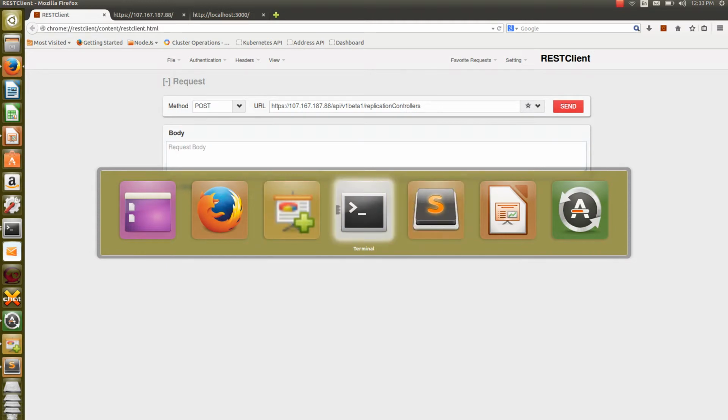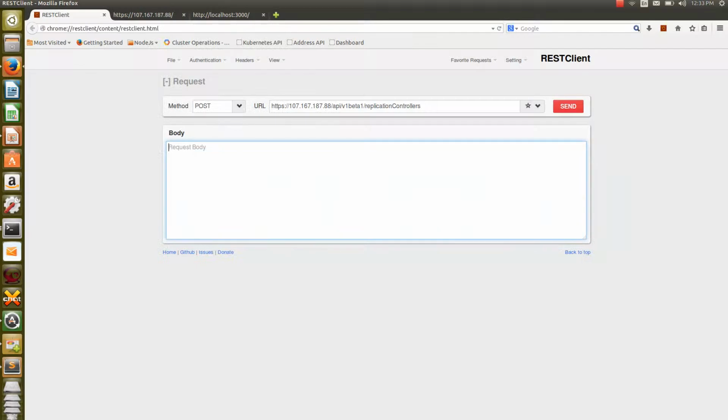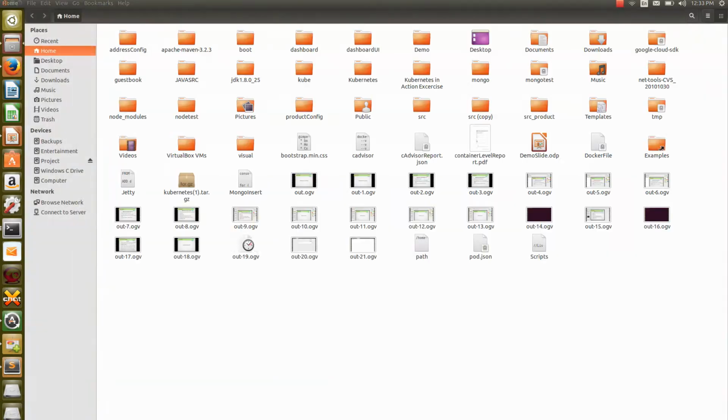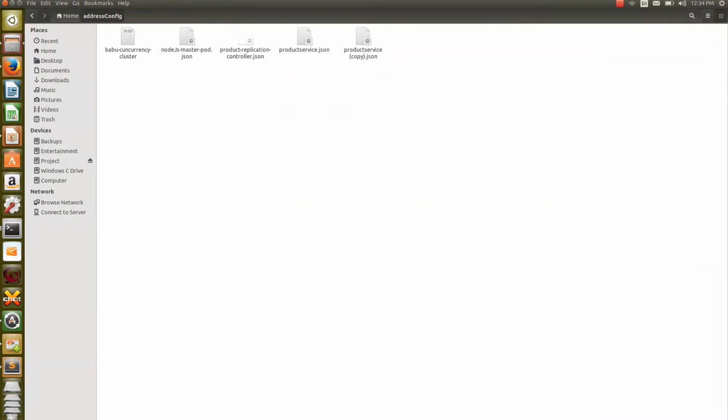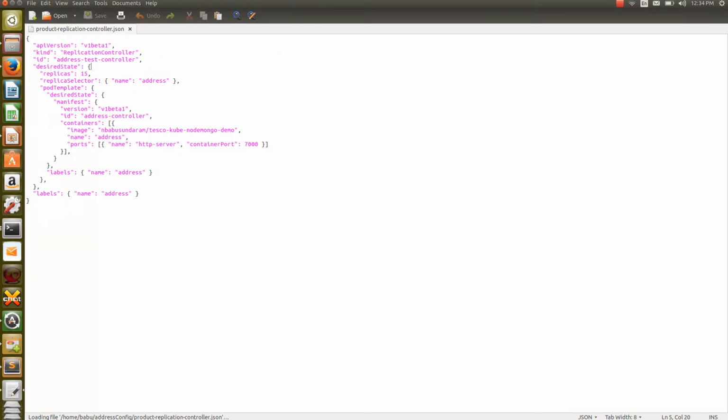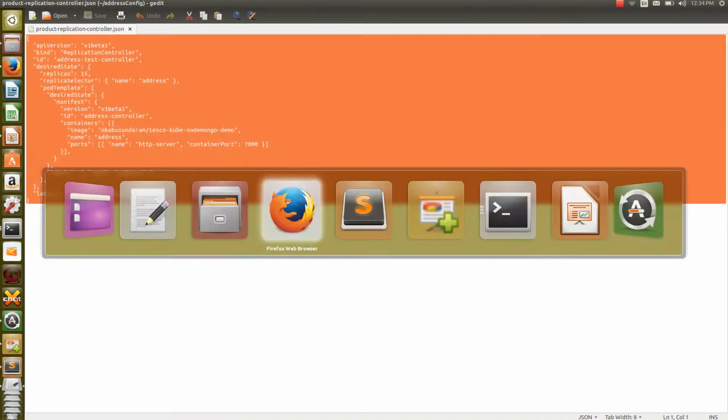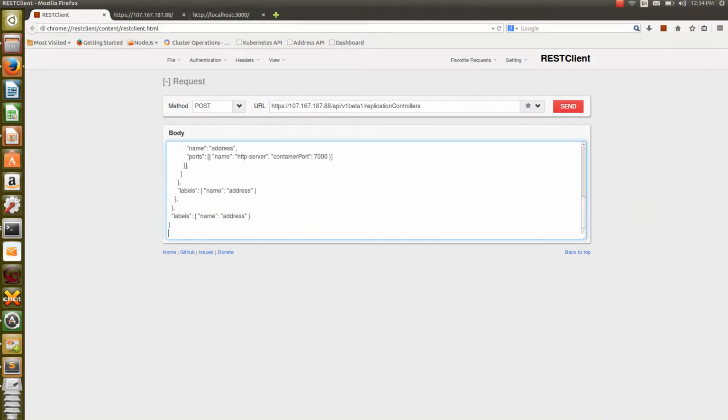For that I have put the file in my file system, address configuration, replication controller JSON. Control A, Control C, copy and pasting it.